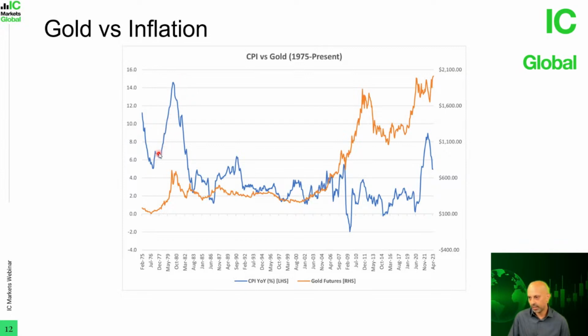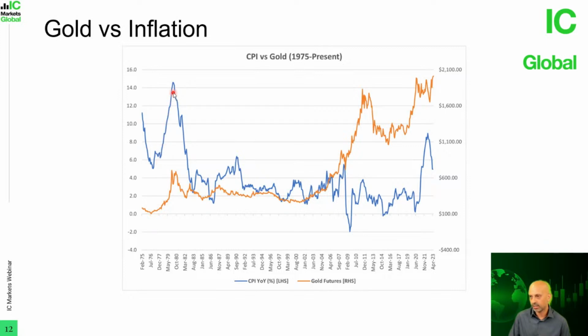So when you saw the second inflation wave come into the US in the late 1970s, you can see gold prices rising strongly as well, going from about, I don't have the exact scale here, probably about $200 per ounce to as high as about $650 per ounce, right? So you can see in this period in the late 70s, gold did function as a good hedge against inflation.